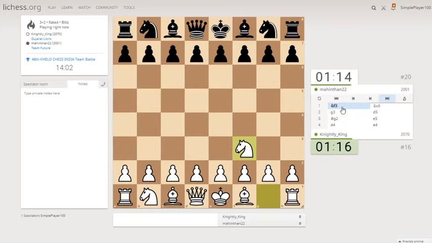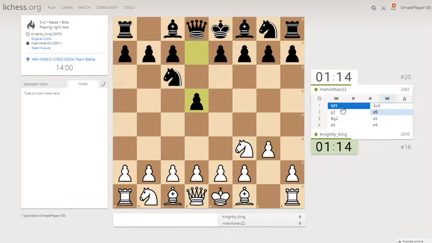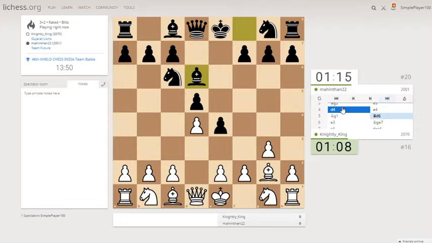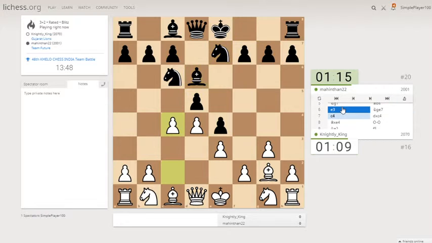Let's check. It was a knight f3, knight c6, pawn to g3, pawn to d5, bishop g2, pawn to e5, pawn to d4, pawn to e4, knight to g1, bishop d6, pawn to e3, knight e7, pawn to c5. So it looks like a reversed French defense, advanced variation of the French defense with a fianchetto on the king side. So pawn takes, bishop takes